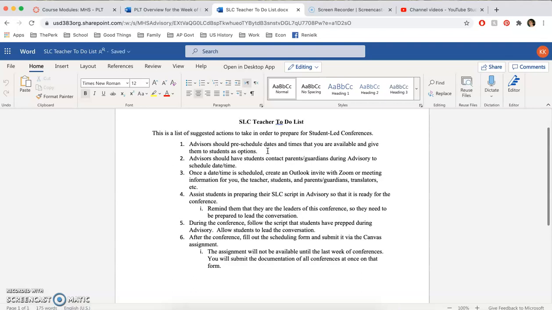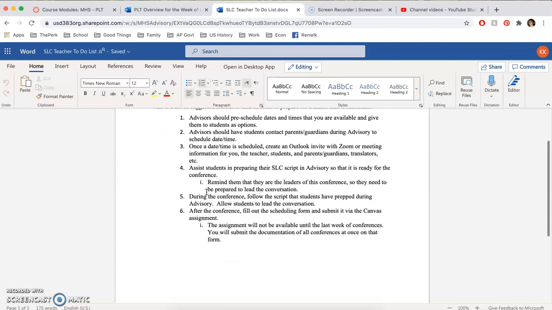Then give your availability to your students as options. We would then suggest, of course you don't have to do this, but these are suggestions, that during advisory you should have your students contact parents or guardians to schedule those dates and times. So you can do that during that time and you get an immediate response or a quick response.